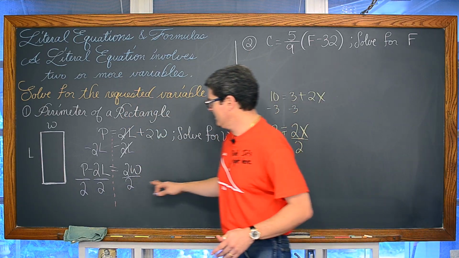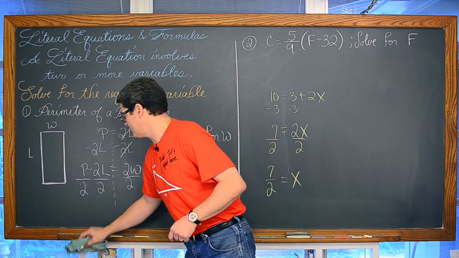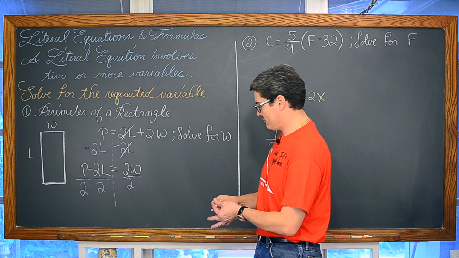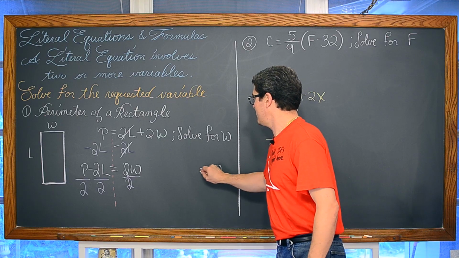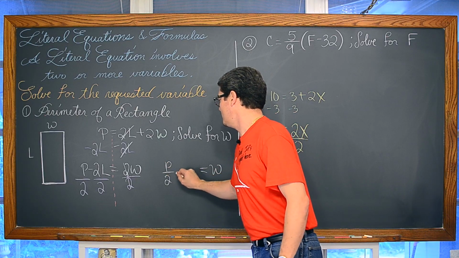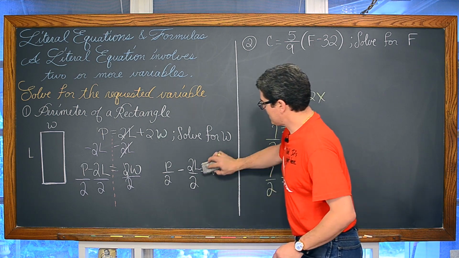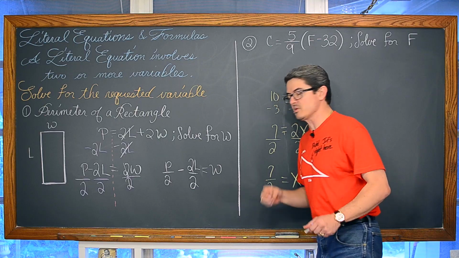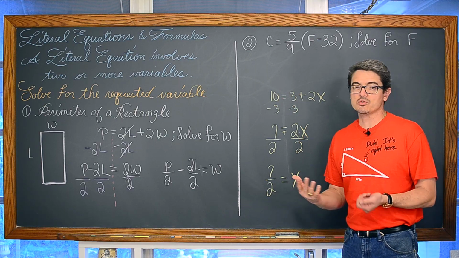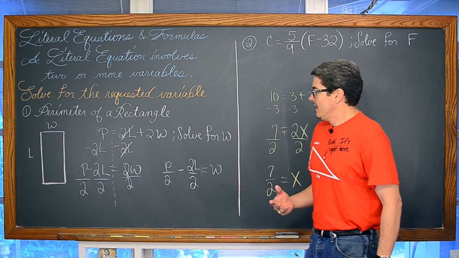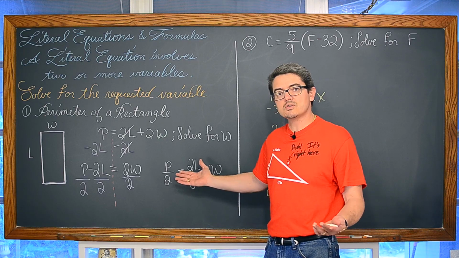And I can write my division of 2 this way, where every single term gets that division of 2. Sometimes I do prefer to write that. And our final answer is going to be, well, 2 divided by 2 is equal to 1. So we have W is equal to P over 2 minus 2L over 2. And again, sometimes showing that division with each of your separate terms is the best thing to do. But now maybe if you're doing multiple choice and you have to choose the right answer, each of these fractions has the same denominator, of course. It's the division of 2 that we just did.